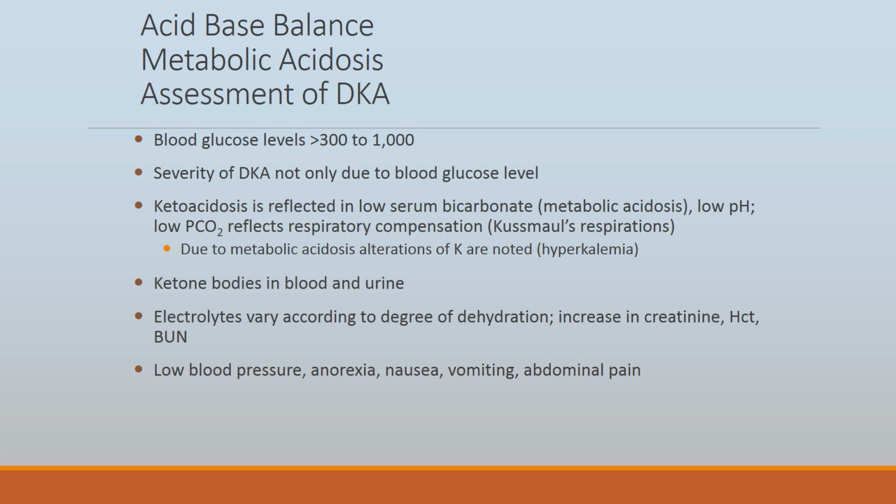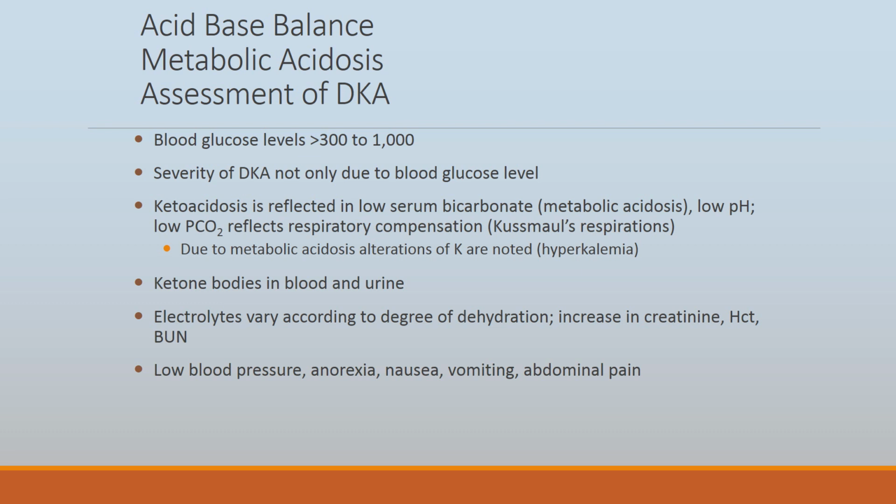Okay? So when the fatty acids are converted into ketone bodies, which is what the liver helps us do, due to the lack of insulin to take those ketone bodies into the cell, they stay in the blood. And so this makes the body acidotic, which leads to metabolic acidosis. So eventually what we end up seeing is metabolic acidosis, with compensation of the respiratory system by initiating Kussmaul breathing.